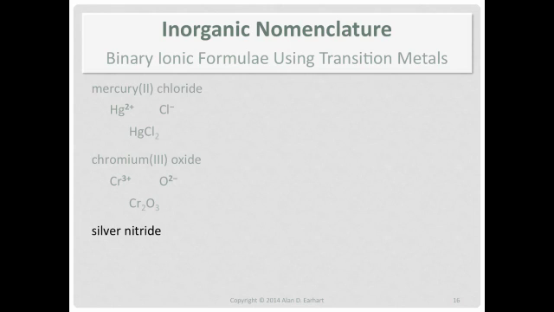Silver nitride. There you go, silver. Okay, no stock number. All right, let me see. You go and find it. It's in the transition metal area. You think, oh, wait a minute, I can't figure out the charge. You have to memorize it. Just commit it to memory. There is a reason why the silver ion has a positive charge, but I'm not going to address it here. Right now, we're just taking it as something to memorize. Least common multiple of 1 and 3 is 3. Therefore, there's the chemical formula for silver nitride.